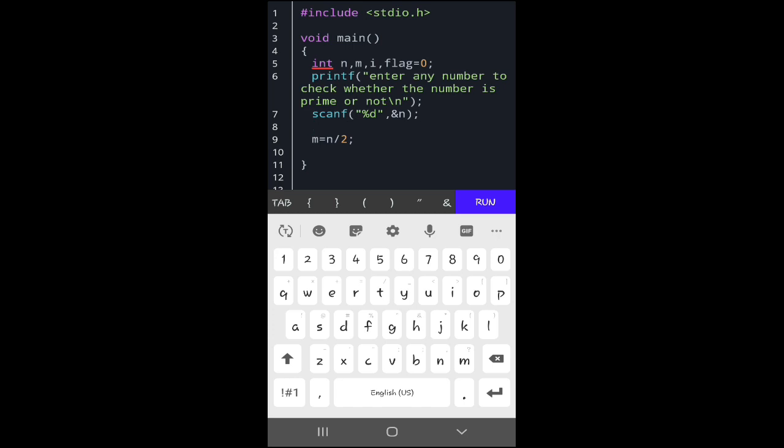To check that condition, we will use an if statement here: if n is less than 2, open brace,